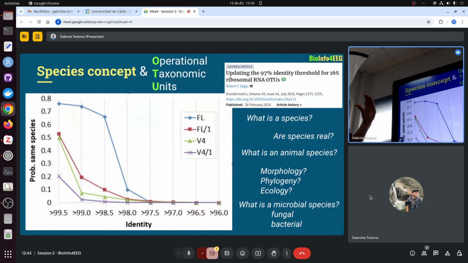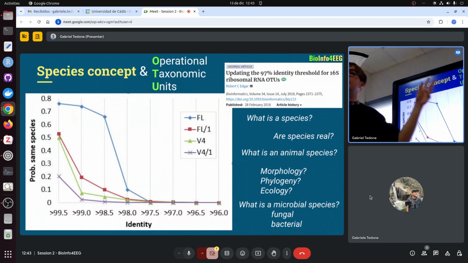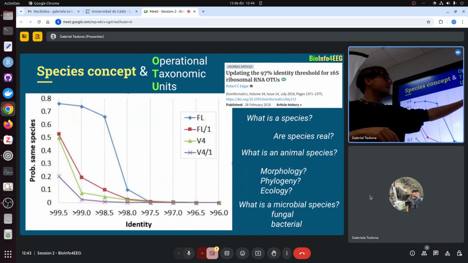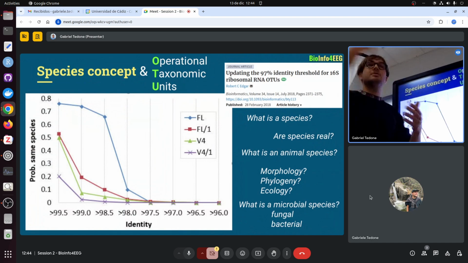Because in a V4 barcode, for example, you might have 10 mutations or transitions or nucleotide differences. In a full length comparison of the same species, instead of 10, you might have 35 differences. So the more differences you get, the easier it is for you to tell that